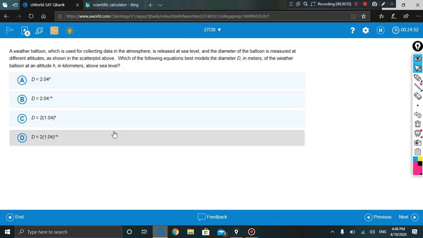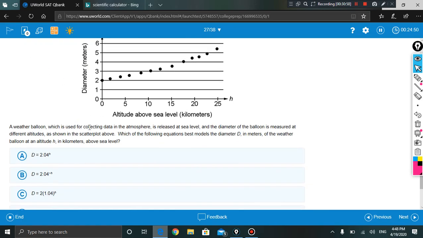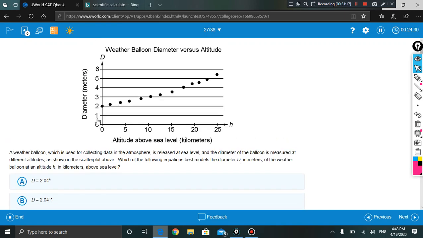Nice. Next. Okay, well, the balloon which is used for collecting data in the atmosphere is related to sea level, and the diameter of the balloon is measured at different altitudes. Well, let's take a close look here. Let's try to examine this figure. I don't think it's, wait a sec, I don't think it's a linear equation. I don't think so. It's a little bit curvy, but